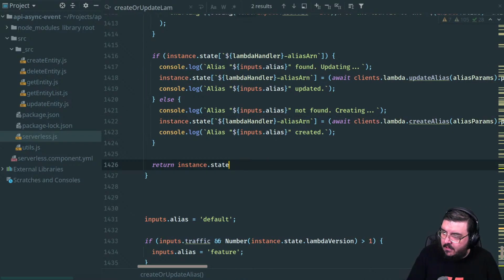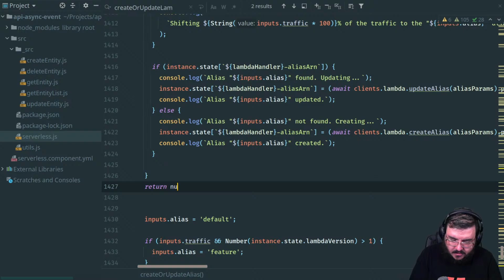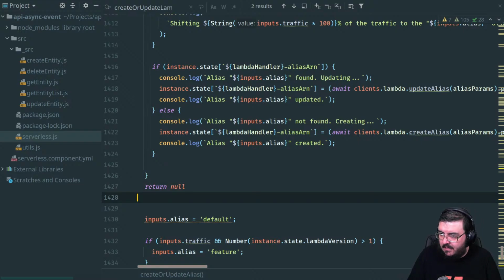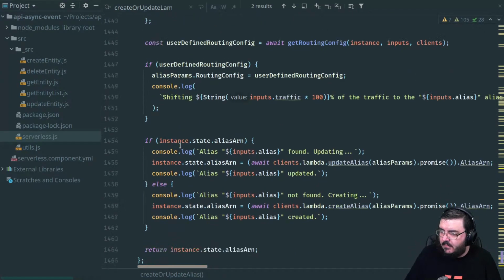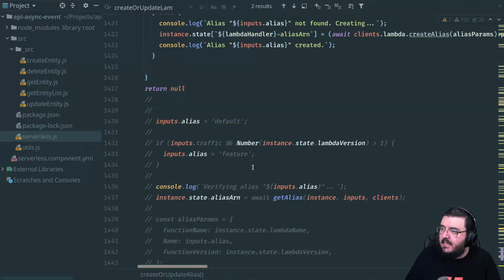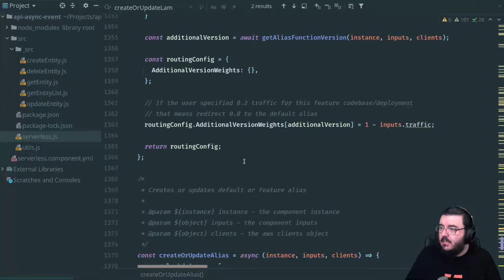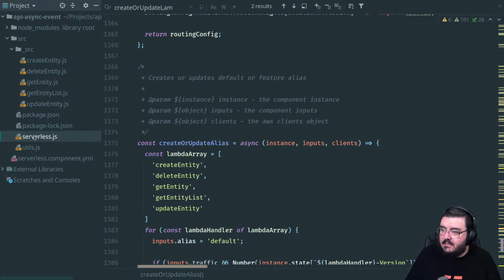And then ultimately, this is not a return because we are in a for loop. Afterwards we return null because we don't even actually care about the return. And then I can comment out the rest of this. We still keep it just in case, so we have a reference, the original working version, because of the changes we made. Yeah. Okay, that's the next step done.